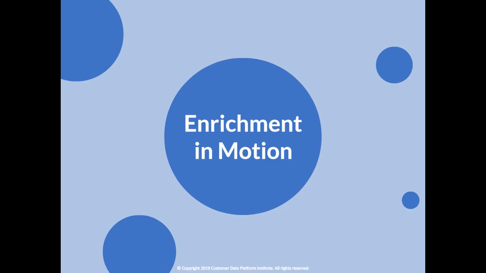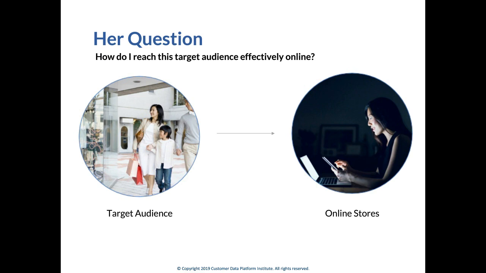So now we'll get back to Molly's story, and we'll discover how Molly puts this process of data enrichment to work for her to find the answers that she needs for the questions that she has. So recall, Molly needs to reach a target audience that rarely buys online. And she already has a really good profile of her primary audience for similar products.